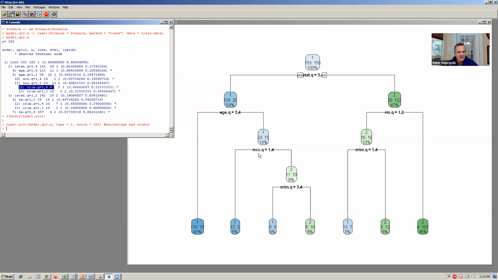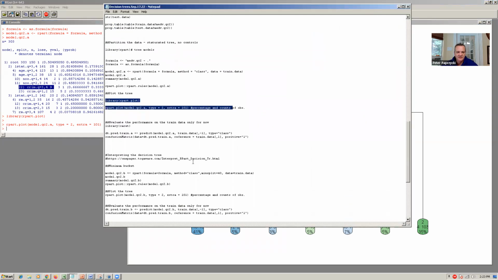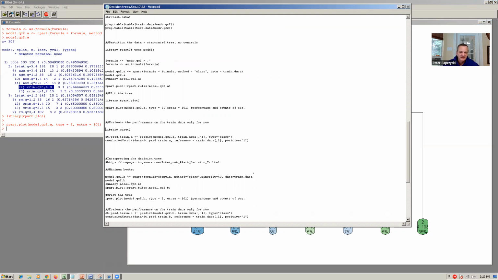3 and 4, and then Knox, that's the parent to the criminal split, then nitrogen oxide, and then age is a parent to nitrogen oxide. So this is basically how the models perform. Now let's see how the model does specifically in terms of predictions, and we're gonna use the trained data